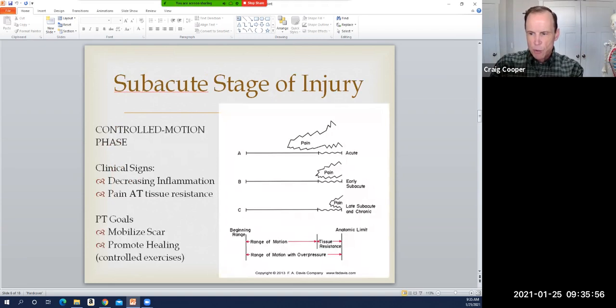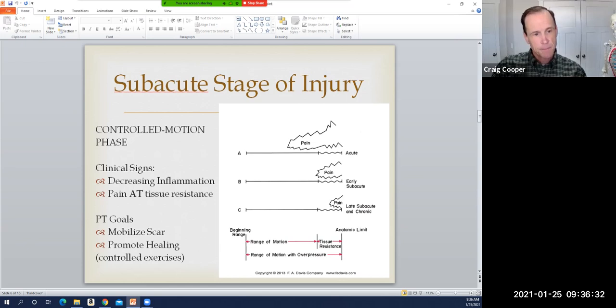We get into subacute. Now we've got inflammation calmed down. We have pain only when we put a little bit of stretch through that tissue, when we get to the end of that normal range. And so we want to start trying to help move things a little bit better. So we're actually going to do a little bit of mobilization of the scar. So we might be introducing a little bit of gentle joint mobilization, for example, at this stage, or some gentle friction massage, things like that, to try and keep any adhesions from adhering,